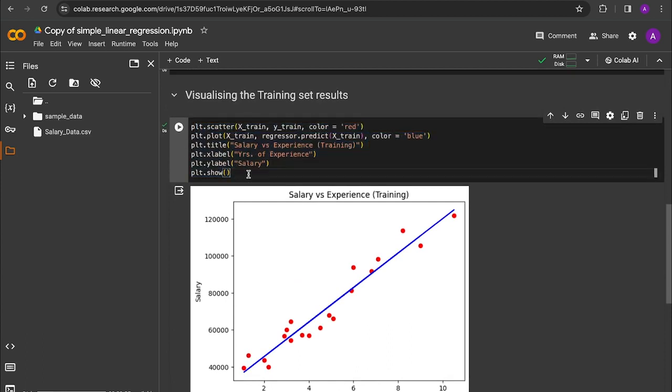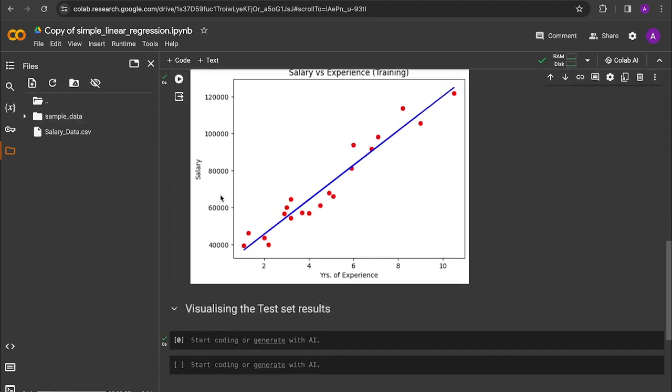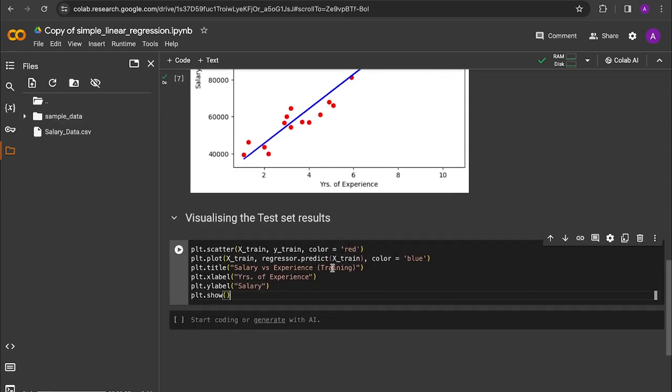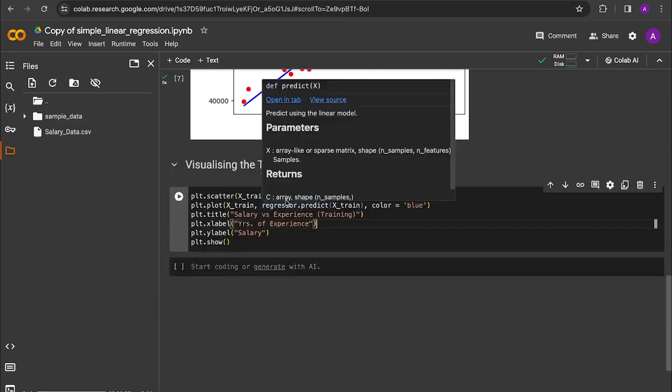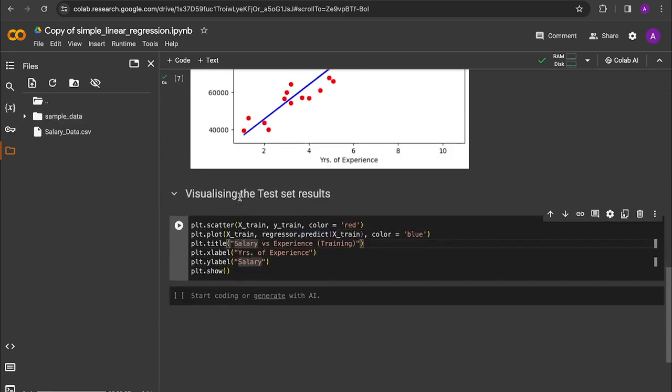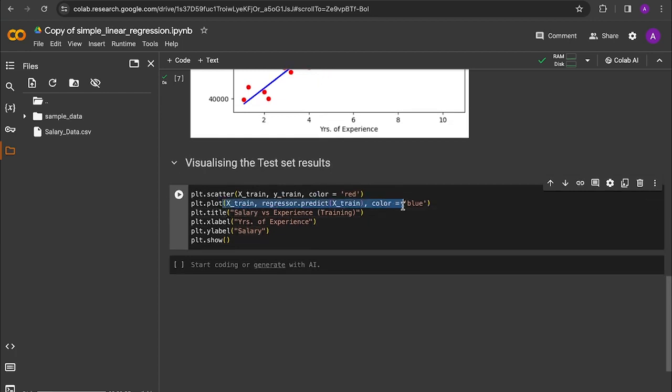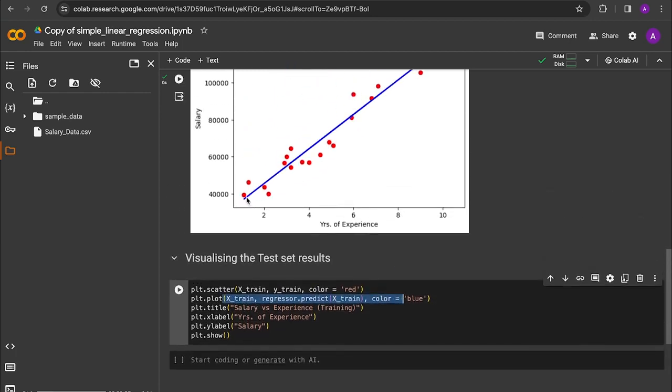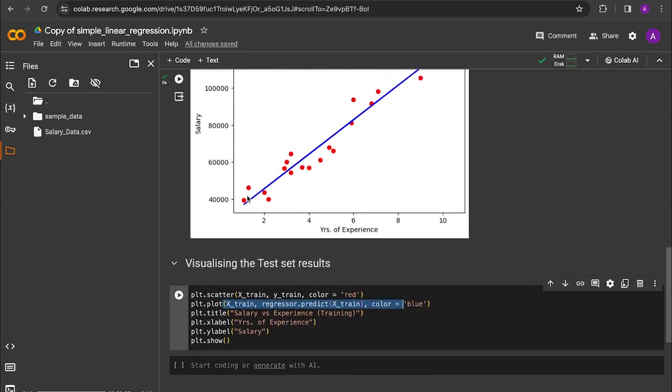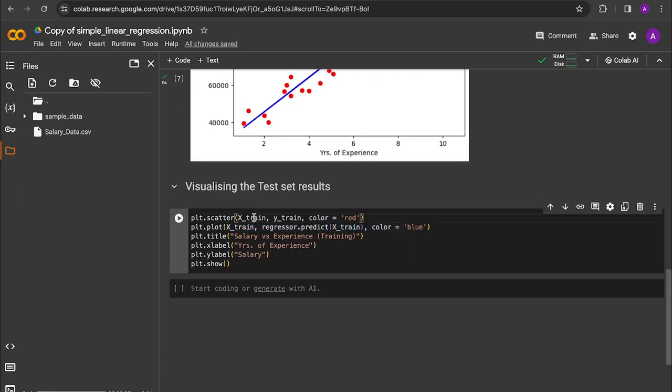And we are going to do the same thing but for x test, right? Let's just put it right here. So we have copied the entire thing, and we just need to change the scatter points. So we need the line to remain the same because the line is what our machine learning model has actually predicted, and you want to test it with the test results to see if it matches up or not. So we'll just change x train to x test. So we want the scatter points to change, right? So x test, and y train to y test,